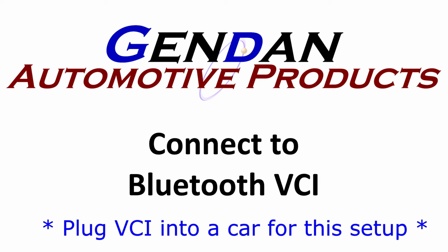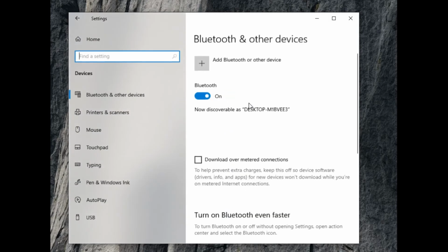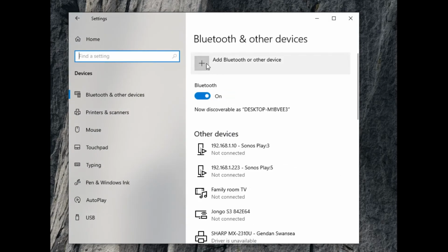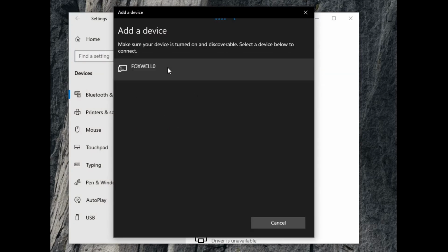So firstly we need to open up the Windows settings menu and then go to the devices tab. And on there we need to click on add a Bluetooth device and then choose Bluetooth. It will now search for available Bluetooth devices. We're looking for a Foxwell number with a long serial number after it. So here we go, the second one on the list is the one that we need. So if we select that,